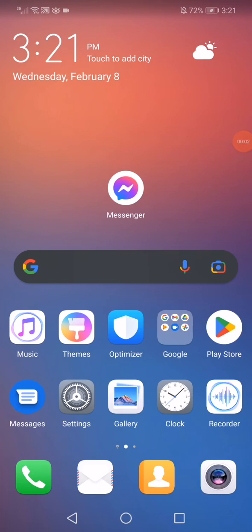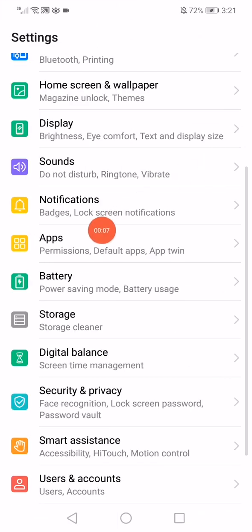How to fix Facebook Messenger something went wrong. Open settings and then go to the apps. When you open the apps, now on this page you will find all the apps that you have on your